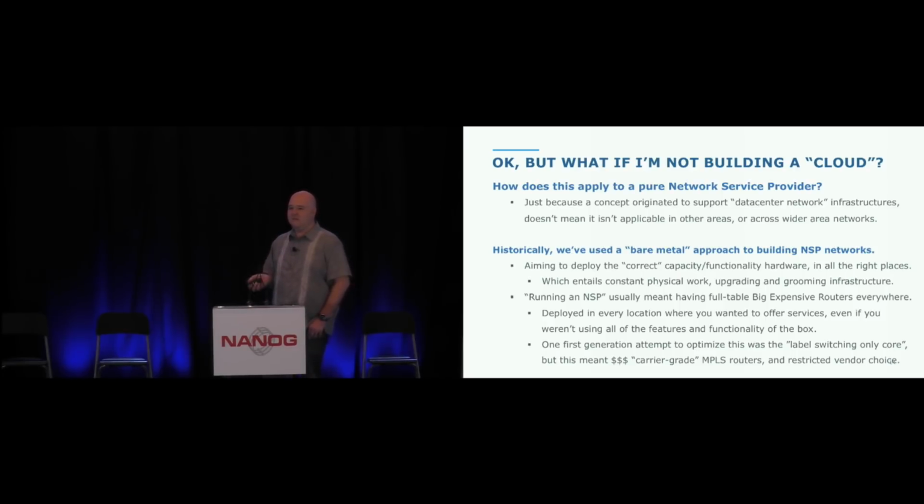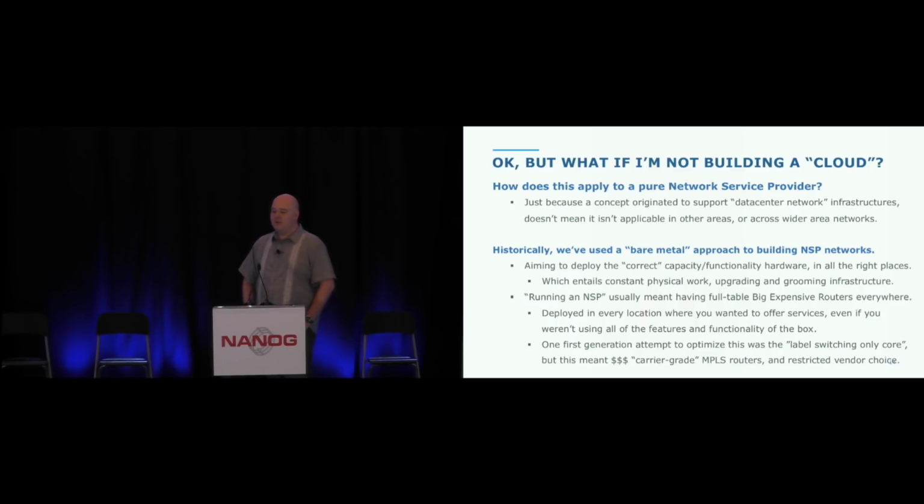So if you had, for example, 10 POPs in a metro, you probably had 20 devices. You probably had a pair in each one of these things, and these were all full functionality devices. And as capacity was needed, you would have to scale them up. So you spend a lot of time maintaining that network and a lot of cost that goes into that.